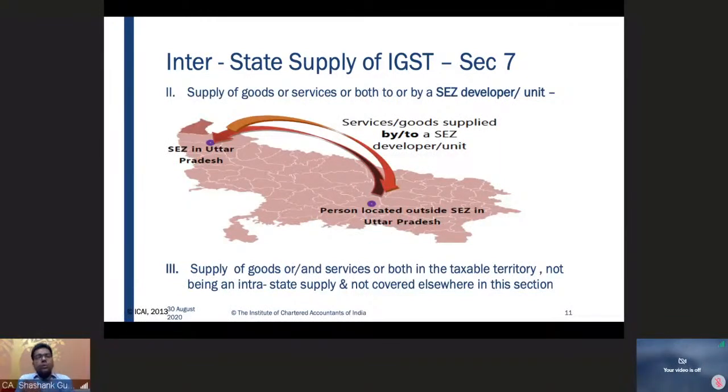Special economic zone is a customs bonded area wherein even though it may be situated within India, like in Noida, in Bangalore, in Pune, in Mumbai, in Hyderabad, but any activity, any supply which is made by such SEZ, first